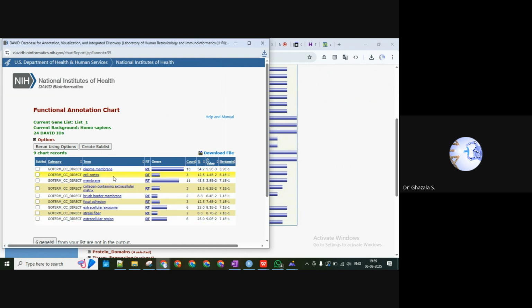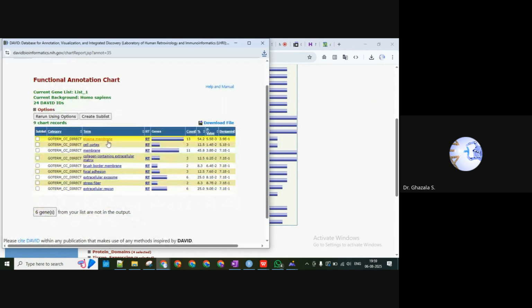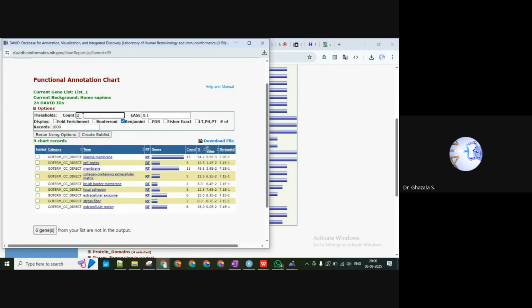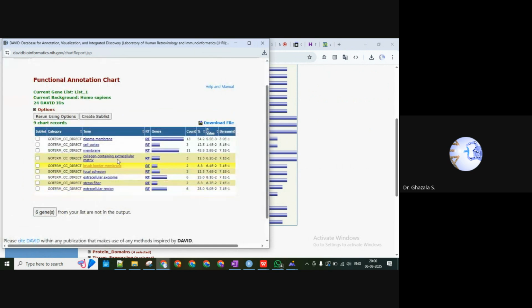If you need more information here, because very limited information is present, whether for biological process or any other thing, we have options here. On the top, you can see there is an options tab. When you click on the plus, we have options where the minimum number of genes in my list could be one. Just give me the name of the cellular component wherever my genes are there. So we will reduce the number to one so that we can get more genes, and then rerun using the options. Once we rerun, we will get a larger list, maybe extra values.